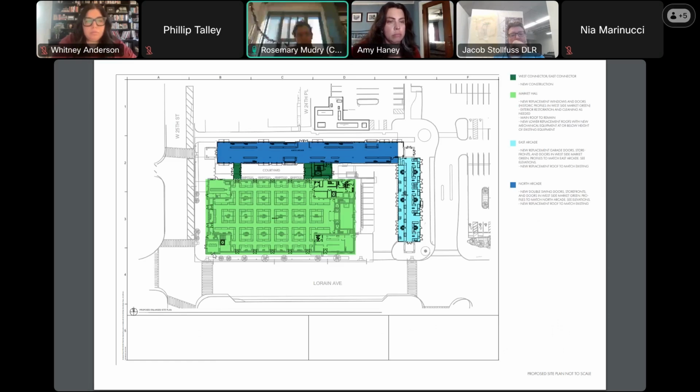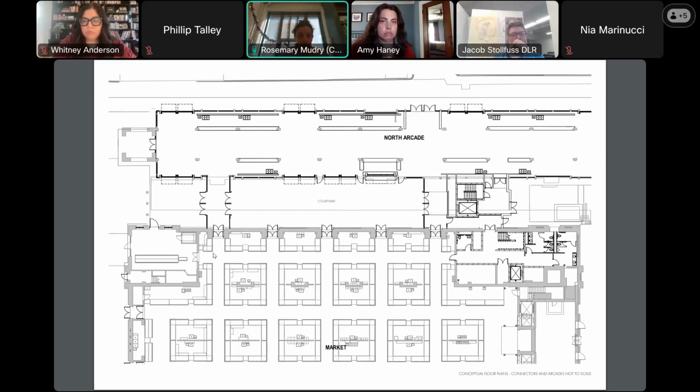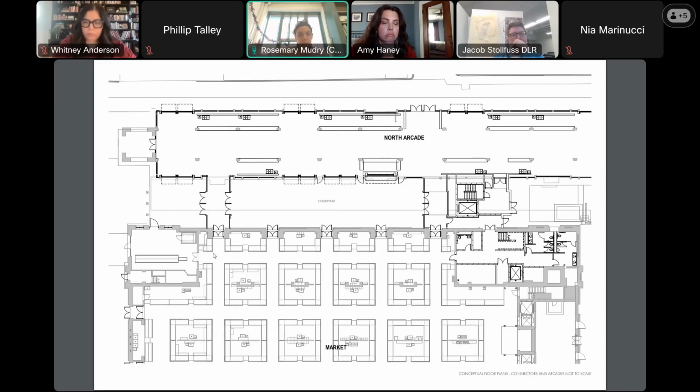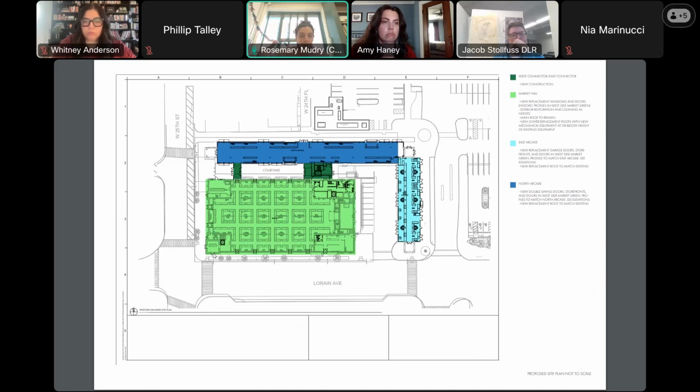Sure. I think it's a combination of, one, just having that single connector. The idea is to encourage flow throughout the market. So again, if you come from the parking lot and you shop your way down the North Arcade and you get to 25th, having only one cut through point between the arcades that's interior in the winter is just not really practical.